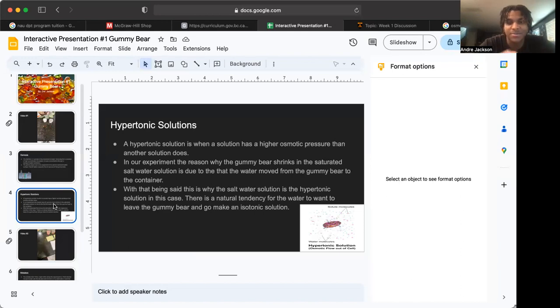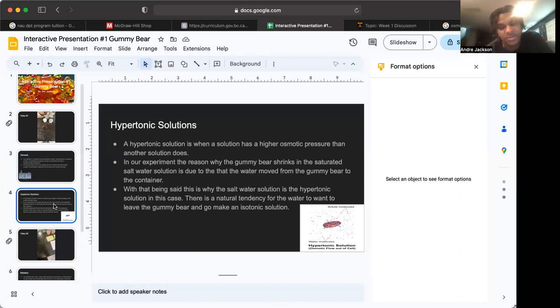So instead of moving into the gummy bear, where it would expand, it goes to the saltwater solution. It has a tendency to want to go to the salt water instead of the gummy bear. With that being said, this is why the saltwater solution is the hypertonic solution in this case. There's a natural tendency for the water to want to leave the gummy bear and go into the